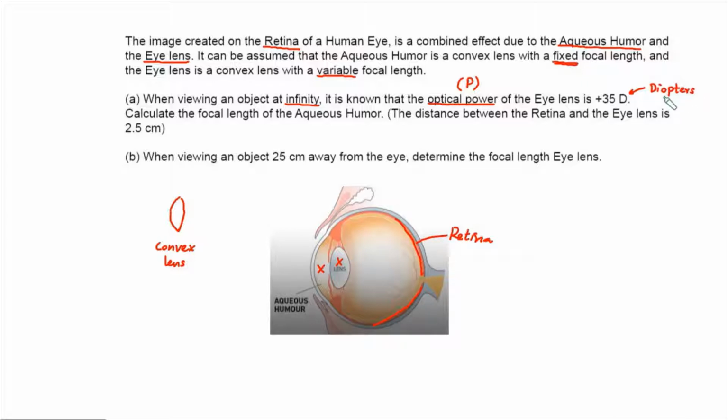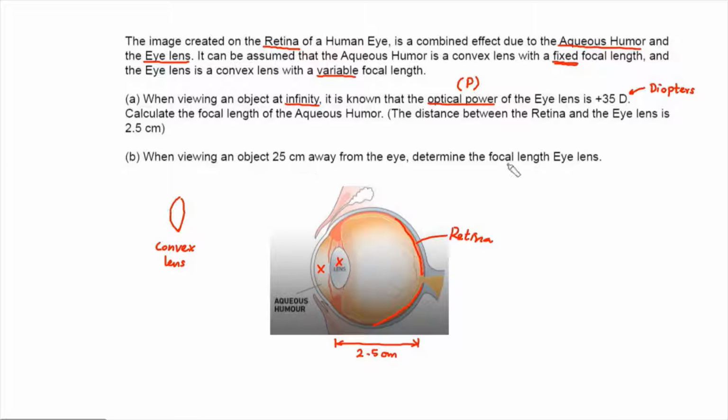Diopters are measured in inverse meters, that is, 1 over meters. If that's the case, calculate the focal length of the aqueous humor. The distance between the retina and the eye lens is 2.5 centimeters. So that means this distance is given as 2.5 centimeters. Part B: when viewing an object 25 centimeters away from the eye, determine the focal length